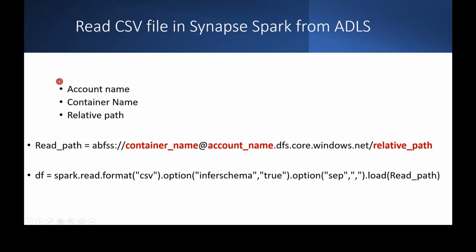Once we have retrieved these three values, then based on that, we have to give those values while reading the data from the CSV. In the location path, we need to mention that. This is the standard syntax for that. We have to create the path using these keywords. This is the standard keyword ABFSS. Then in this place we have to give the container name. Then at the rate, we need to provide the account name. Once that is done, at the end, we need to give the relative path. By combining these values and the keywords, we have to supply it while reading the CSV file. This is a standard format. I hope you understood. Let us get into the demo.